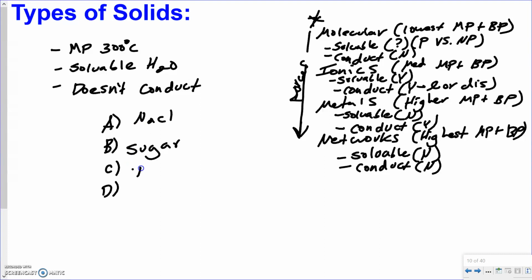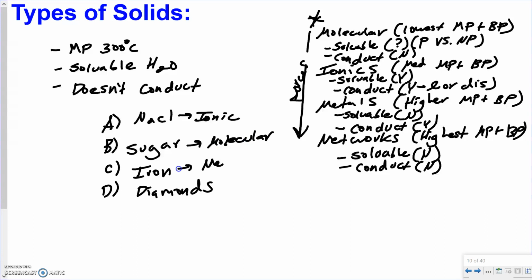The first one might be sodium chloride, and the next one might be sugar. And the next one might be iron, or copper, or whatever it wants to be, and the next one might be diamonds. Okay, so we know it's going to be a molecular solid. Well, which one of these four is a molecular solid? Sodium chloride we automatically know is ionic. We know sugar is a covalent compound,